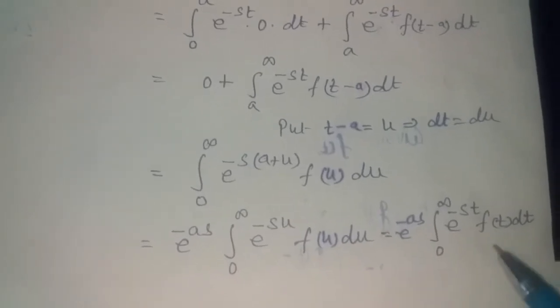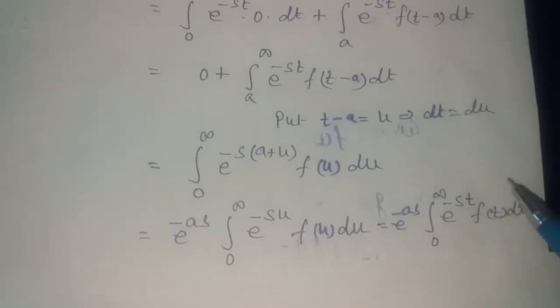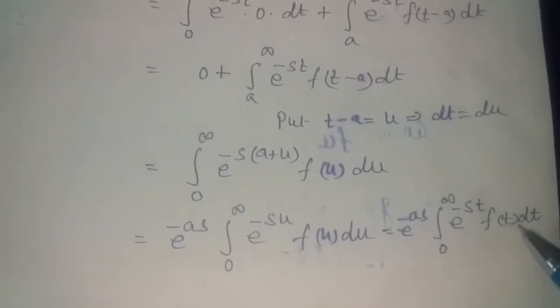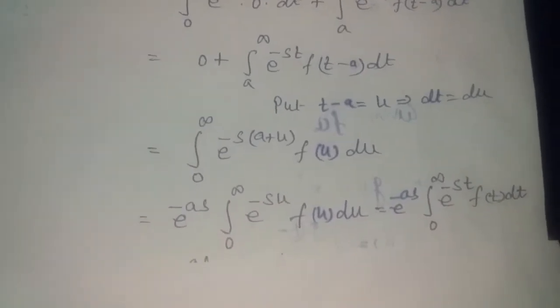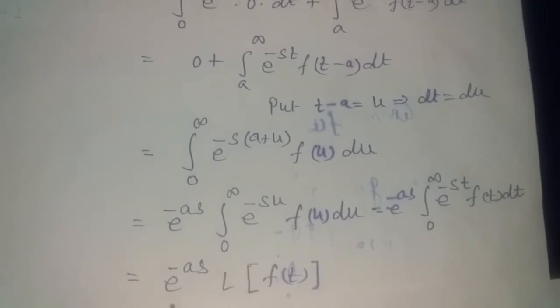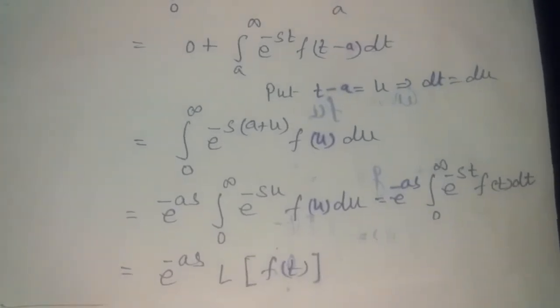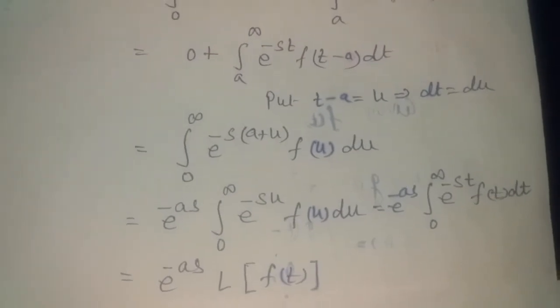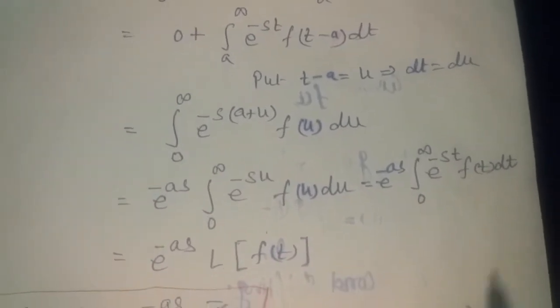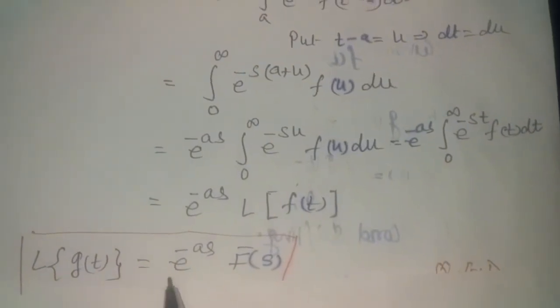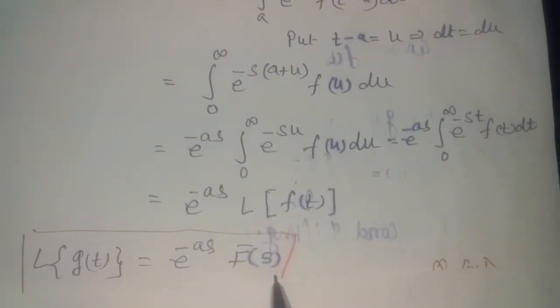In place of u we write t, and this integral is what? This integral is the Laplace transform of f(t). So we get e raised to minus as times the Laplace transform of f(t), which is given as f bar s. So finally we get the Laplace transform of g(t) is e raised to minus as into f bar s,